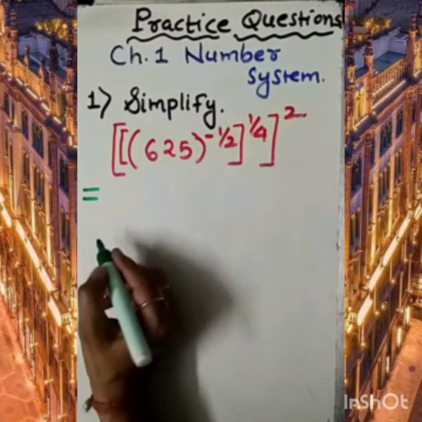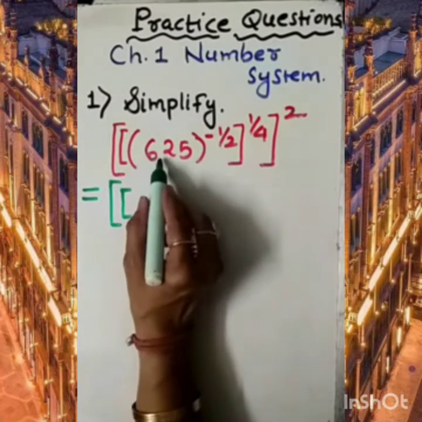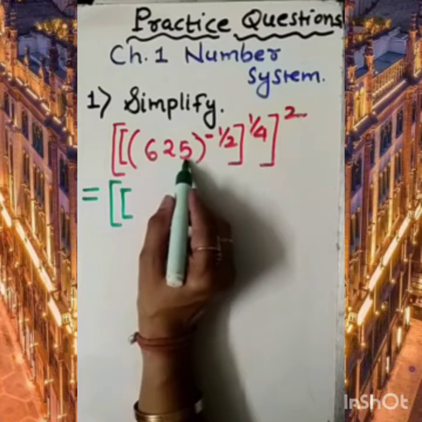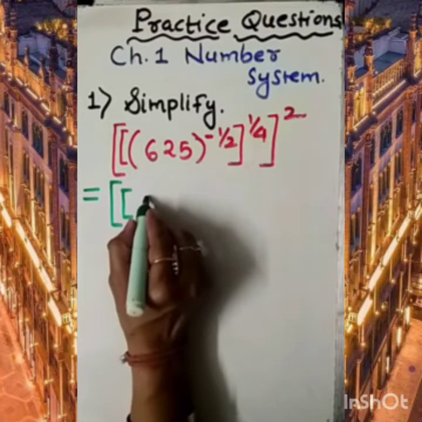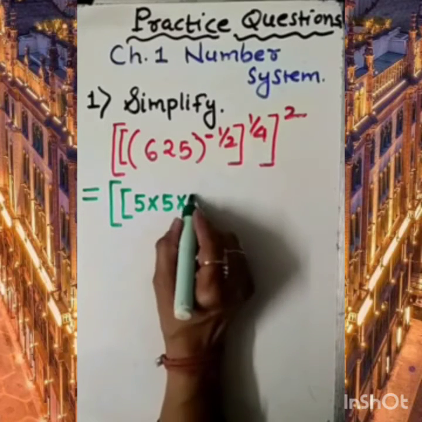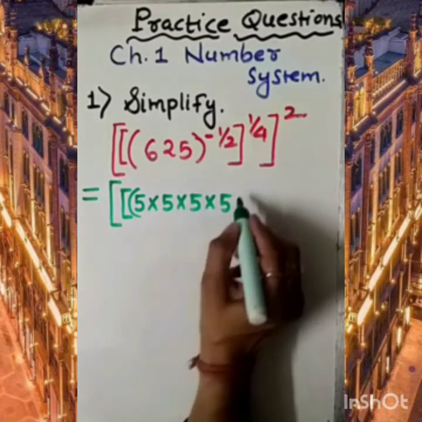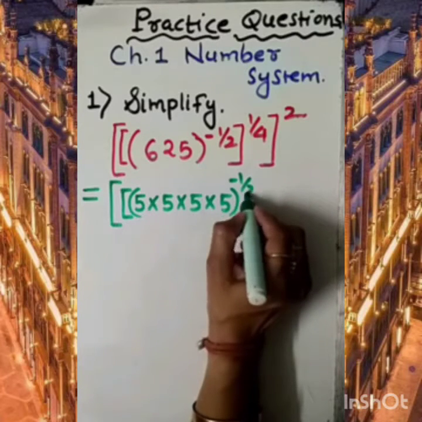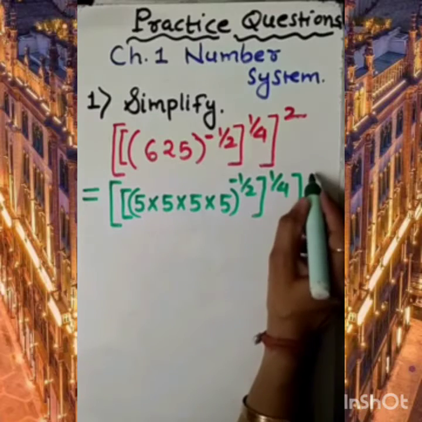The equal to sign is compulsory to mention. Let's move one step at a time. Now focus on 625. We know that 625 is a perfect square of 25. So in simple terms, 625 can be written as 5 to the power 4. We need to first mention what we are given according to the question.